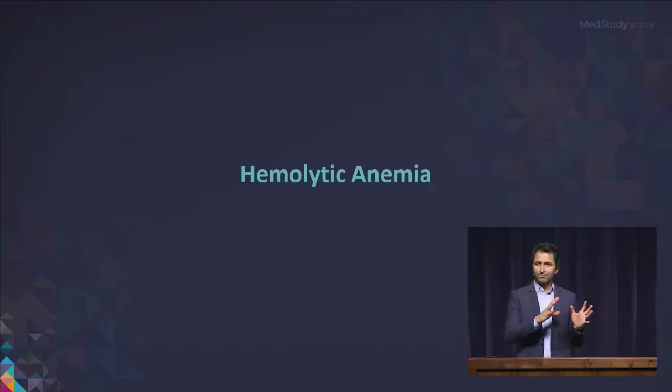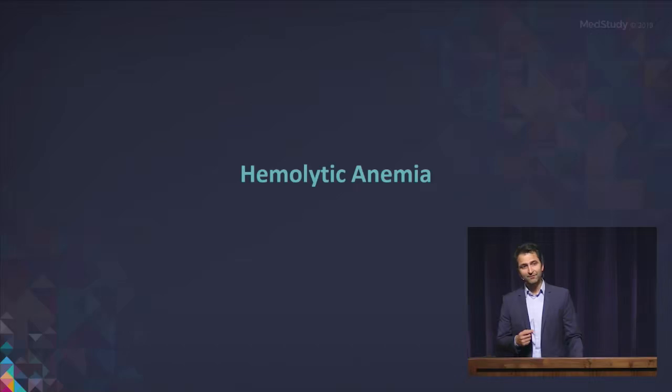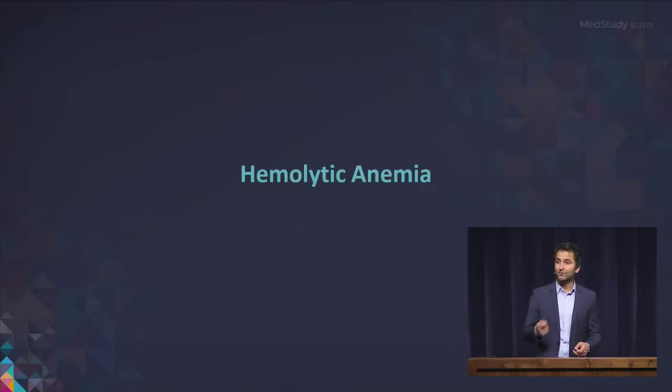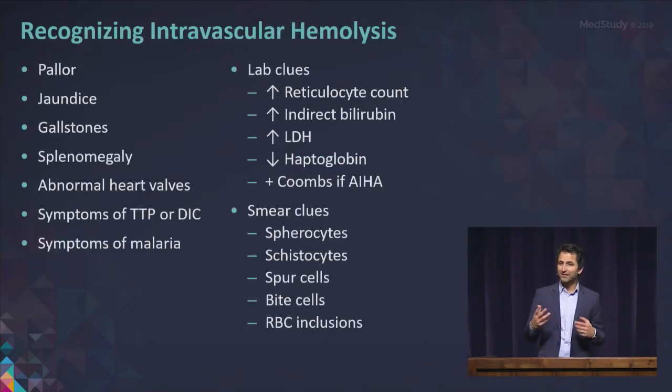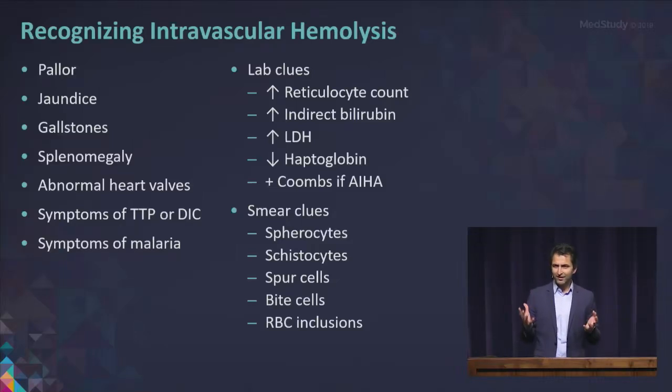So we talked about the microcytic anemias with iron deficiency, anemia of inflammation, the megaloblastic anemias. Let's talk about hemolytic anemia for a couple of minutes. So hemolytic anemia refers to premature destruction of red blood cells. And if you're not careful, it can be very easy to get confused in all the different kinds of hemolytic anemia. And so what we're going to do today is provide some structure and some mental organization of how we